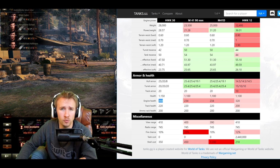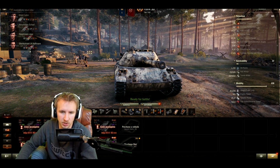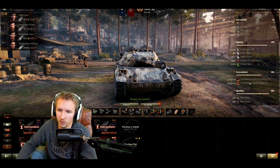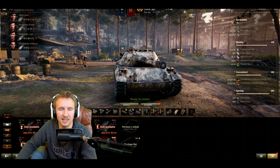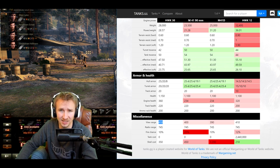Finally, let's talk about the view range of this vehicle. It's 410. That is absolutely phenomenal, and if you have an exceptionally skilled crew like me and you're willing to use vents, coated optics, and a chocolate consumable, you are packing 519 meters view range in this vehicle. That is enough to see every heavy tank in the game, even when they're stationary at max distance, and you're